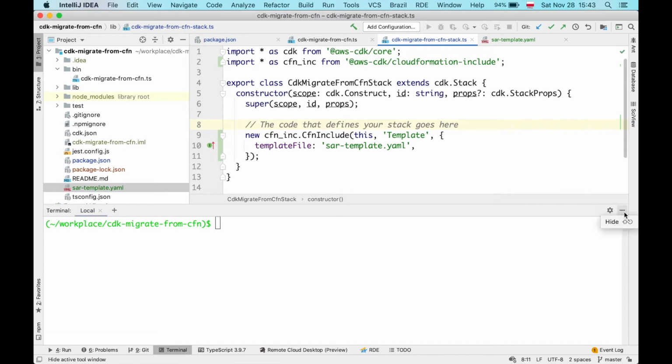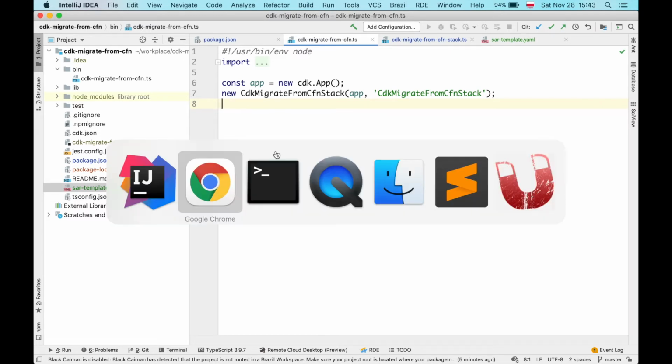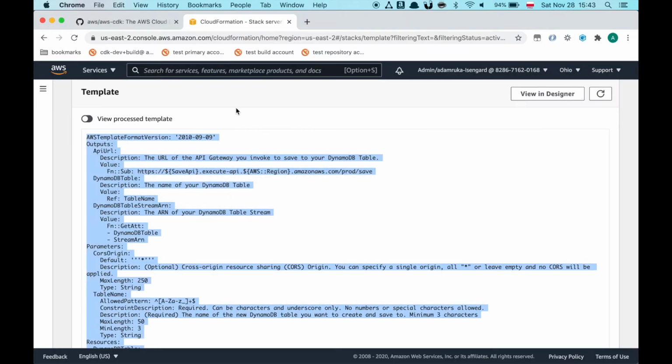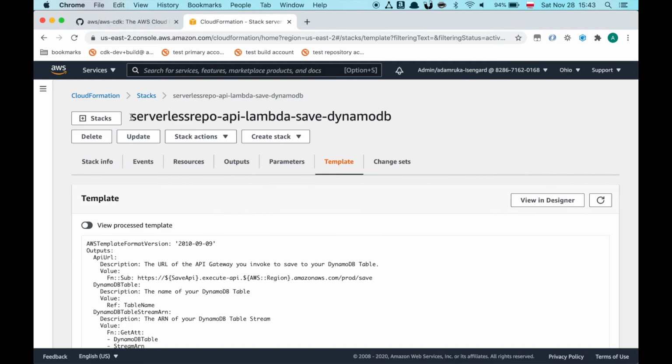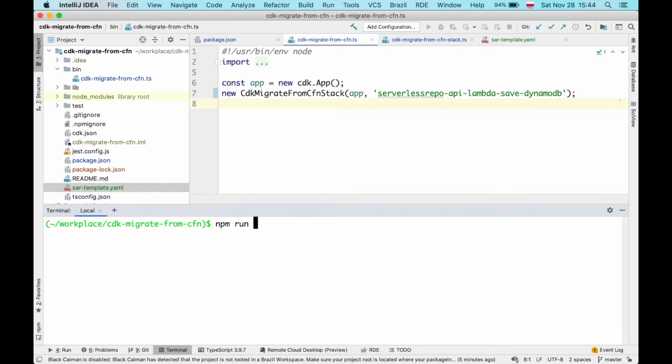But before we do that, I forgot one important part. We have to make sure that the name of the stack is exactly the same name as the deployed stack. You see here, that's not the case right now. So I need to go back to the AWS console for CloudFormation, copy the name of the stack, and make sure that my CDK code uses that same name. And now if I execute the diff command,